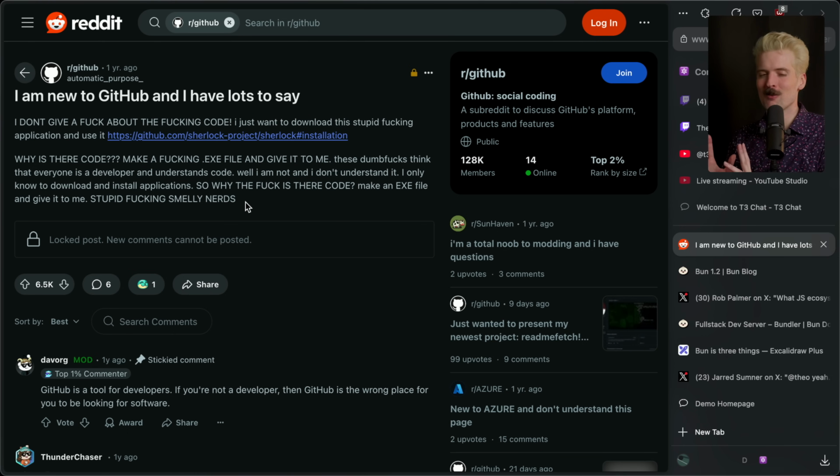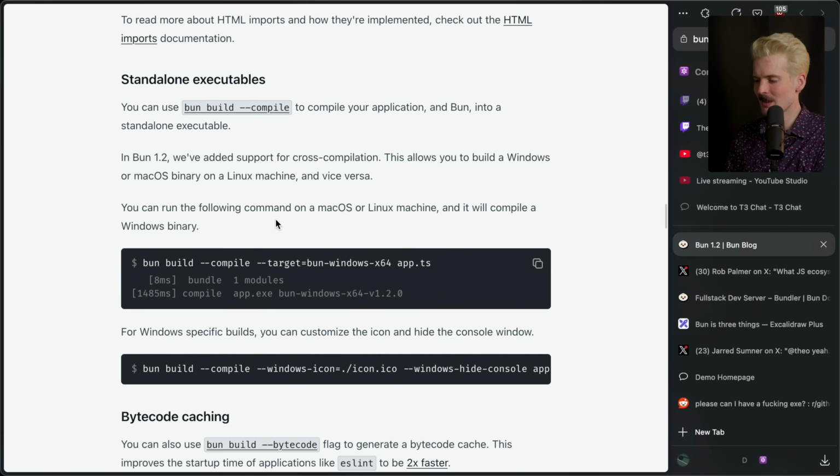Yes, it is a platform for developers. It is. These posts are so funny and so entertaining for me. And people are coming to the GitHub subreddit to complain that a tool for developers is for developers is my favorite thing ever. But because there are these people that don't have the brain cells or the interest in dev enough,